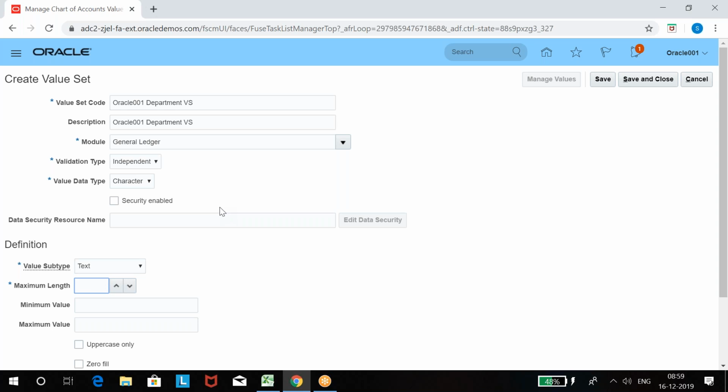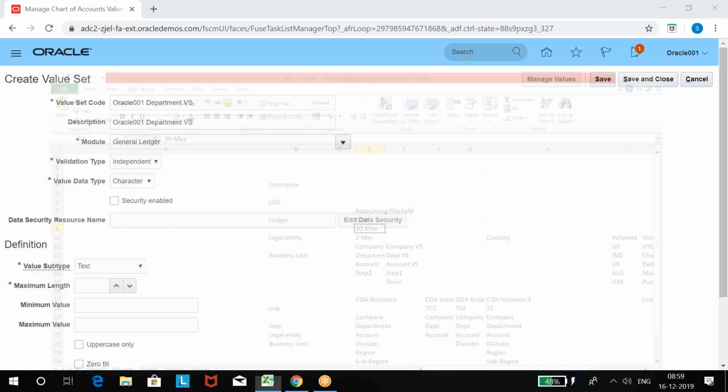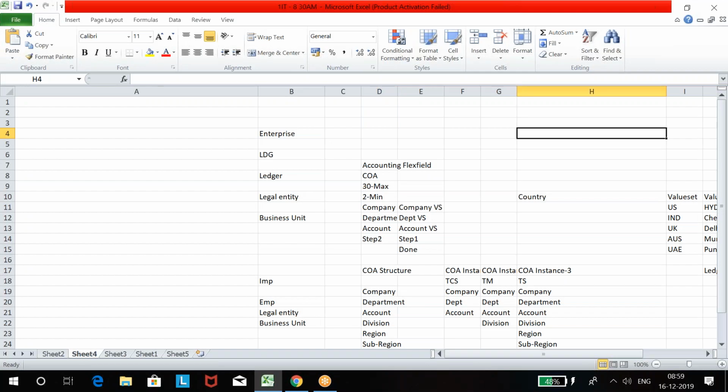But values, when you see normally how we do, let's say a company, I'm defining it as TCS or Tata Motors, or let's take Oracle 001 Electronics Limited. So this is more than 4 characters, right? Total name. Then I'm giving 4 characters.